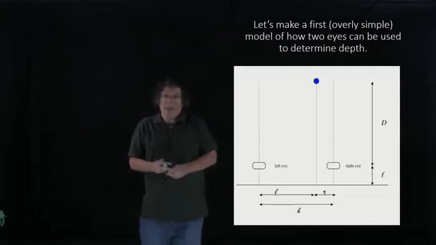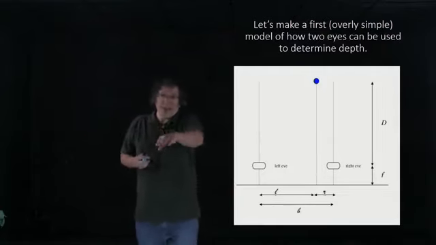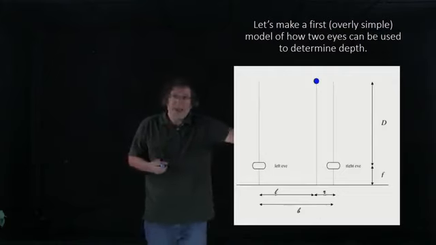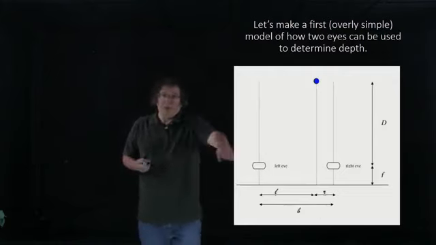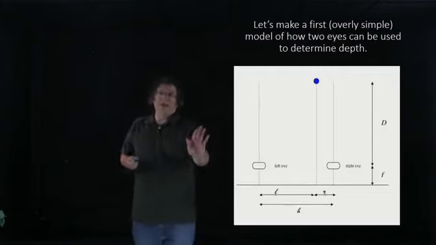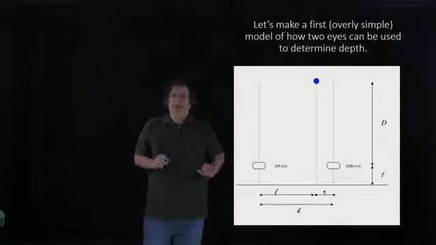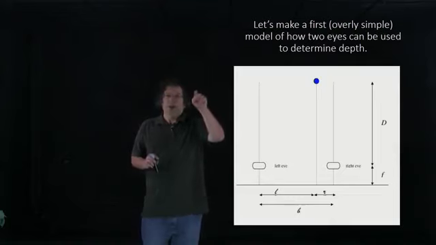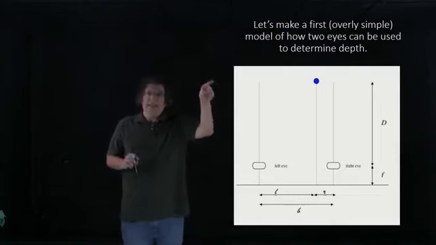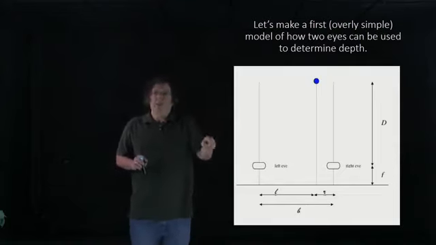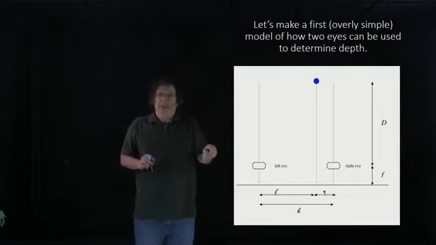Okay, so again, imagine what you're seeing in this diagram is a straight line drawn between the left and right eye, and imagine that coming out and into the plane of the diagram. That's the plane we're talking about, and we want to know how far that blue dot is from that plane. That distance, which is the thing that we're trying to determine, is labeled D in this diagram, capital D